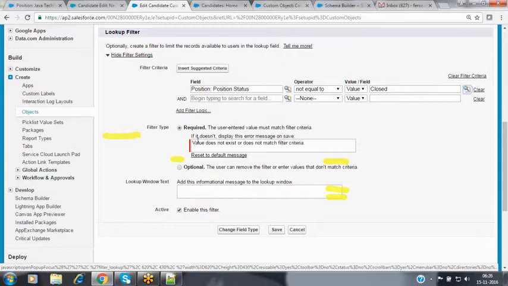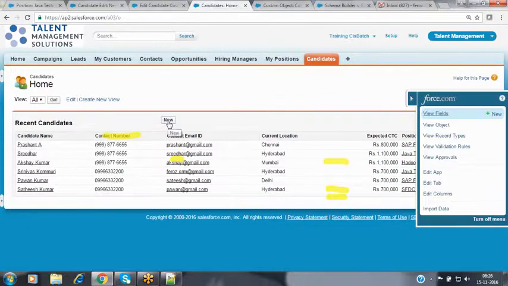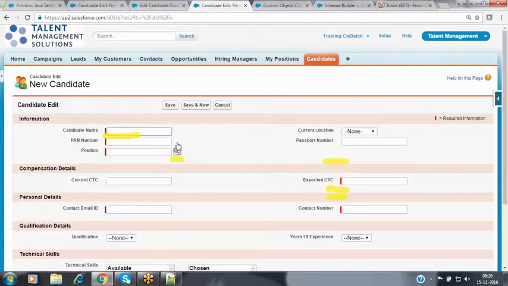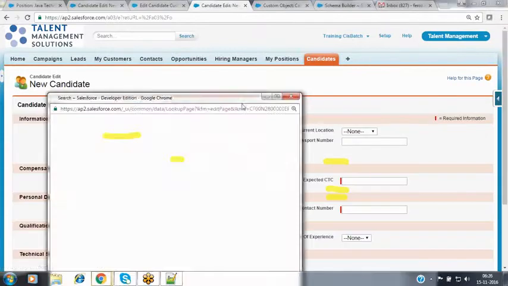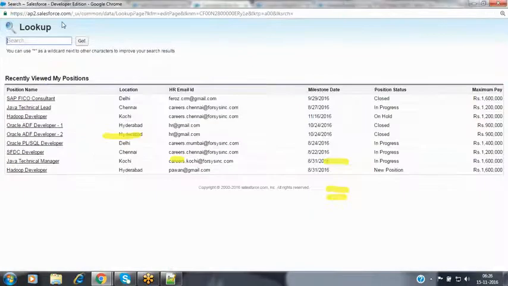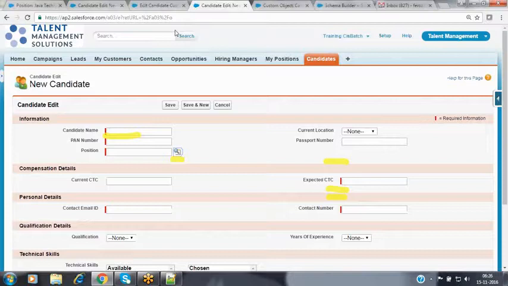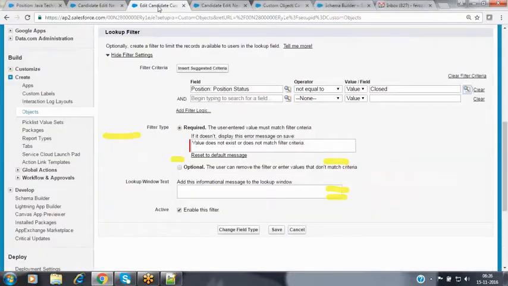If you want to show any option here, for example, whenever the candidate clicks on this lookup, it provides some information. Not just that, it will have a lookup dialog for you. In that lookup dialog, we don't have any headings over here, but I want to show some information. Here I want to show a message: please select a position to apply. If you want to show any text or any label over here, then we can add that label.